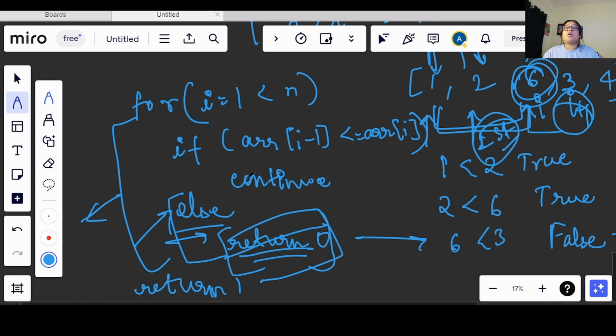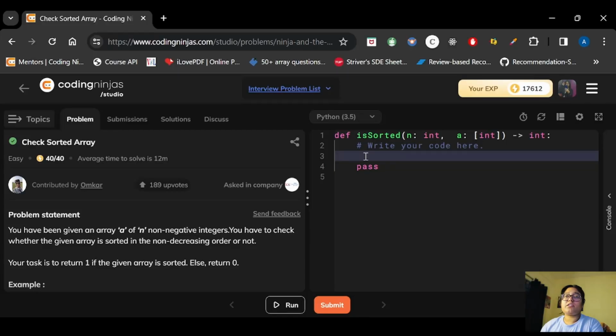Okay, so now let's move on to the code editor. We will see this optimal approach there, and in my GitHub I will upload the brute force approach also, and in that I will mention comments so that it will be easy for you to understand and you can access that code from there. So let's see the code now.